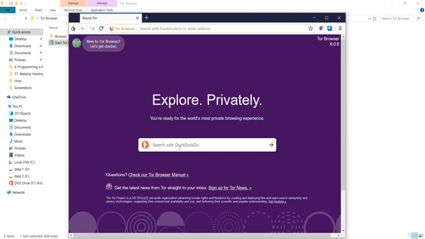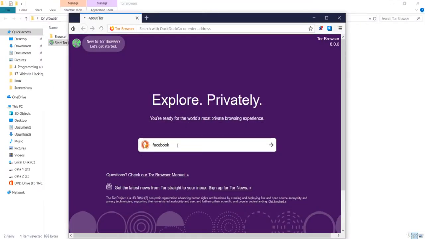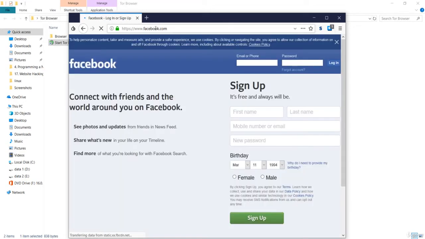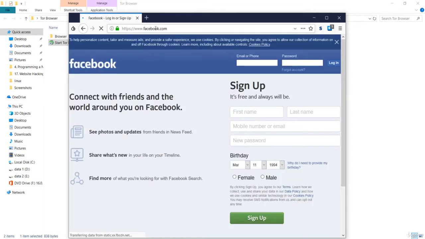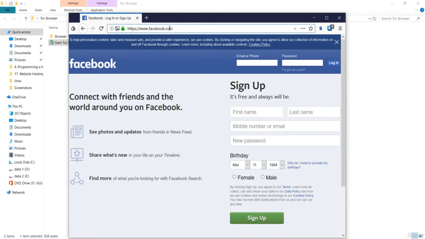Just remember that any website that is visible on the normal server is also available in this Tor browser. So if you go to our normal Firefox and search for Facebook, it is also available in the case of Tor. That means it will be available, that is this .com website. If I search for facebook.com, then you will see that it will also load facebook.com over here. So that means we can search the normal websites, or the deep websites that end with the onion route or onion link.